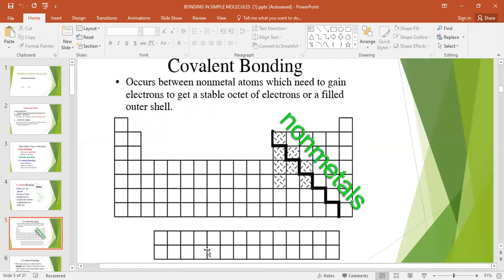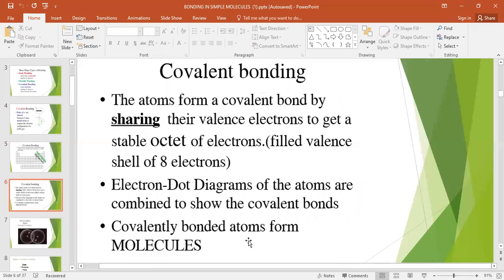Now, as I told you, the electronic configuration of noble gases is here in the last shell. The last shell, all are noble gases. And this is the zigzag line. Before this zigzag line, all are metals, and after this zigzag line are non-metals. So covalent bonding forms between non-metals only, because these all are metals. Clear now? Okay.